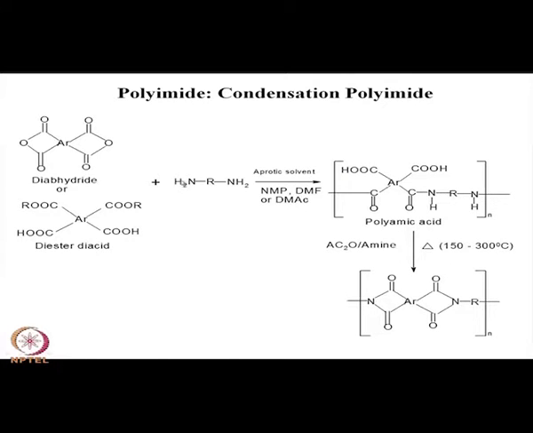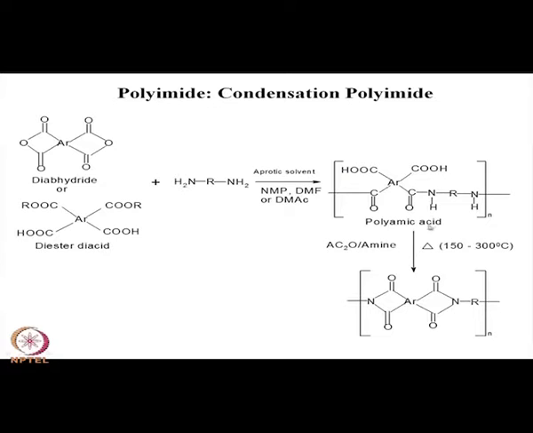On heating, what happens? This amino group reacts with these acid groups or this anhydride group, opening the anhydride ring and reacting with this amine group, forming an amide linkage, CONH. So, this is known as polyamic acid. Now, this polyamic acid is further reactive, having this NH functional group. This NH functional group can react with this carboxyl group,